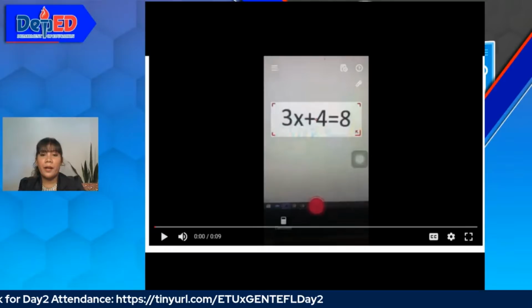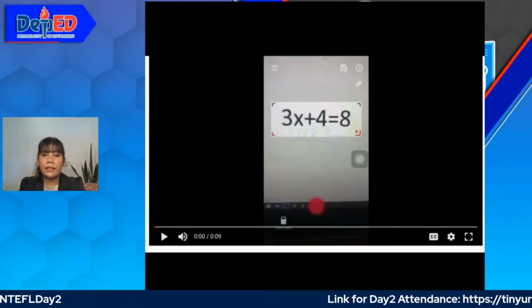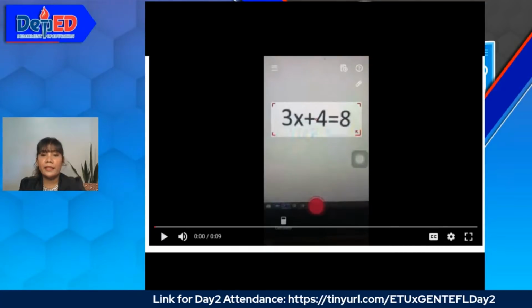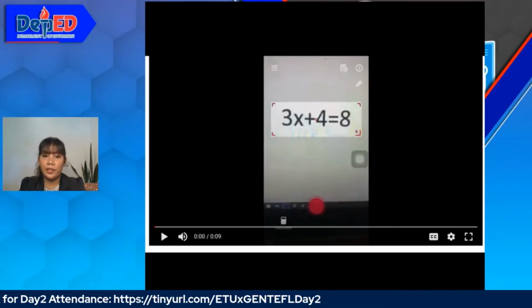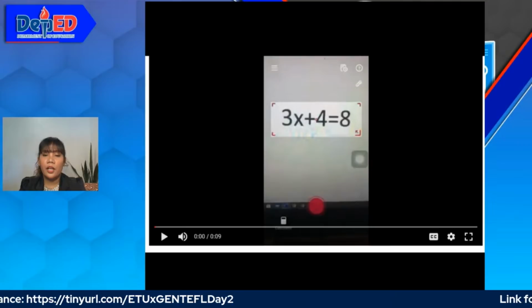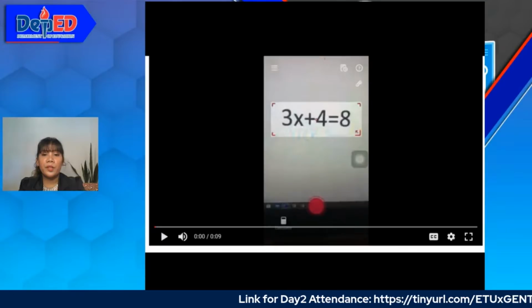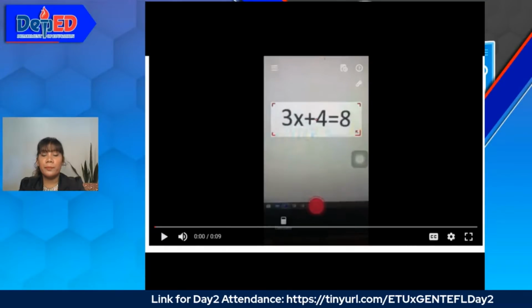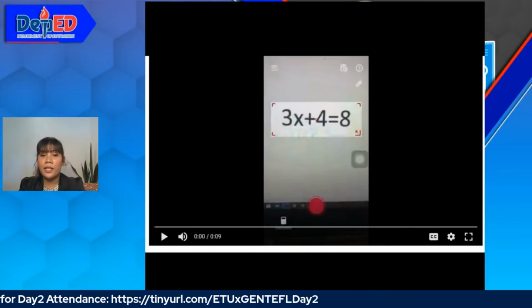All right, so that is Photomat. Let's now proceed to the next level, the analyzing. And analyzing, so these are the apps, as you can see on your screen. These are the apps that fit into the analyzing stage from the pedagogy wheel version 5. It improves the user ability to differentiate between the relevant and irrelevant, or to determine relationship and recognize the organization